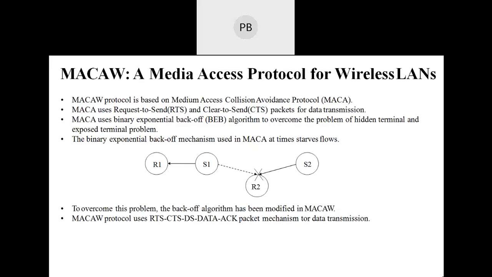The binary exponential backoff mechanism used in MACA at times starves flows. That means as and when required, this protocol automatically implements the BEB algorithm to overcome the hidden terminal and exposed terminal problem. The MACAW protocol uses RTS, CTS, DS, data,